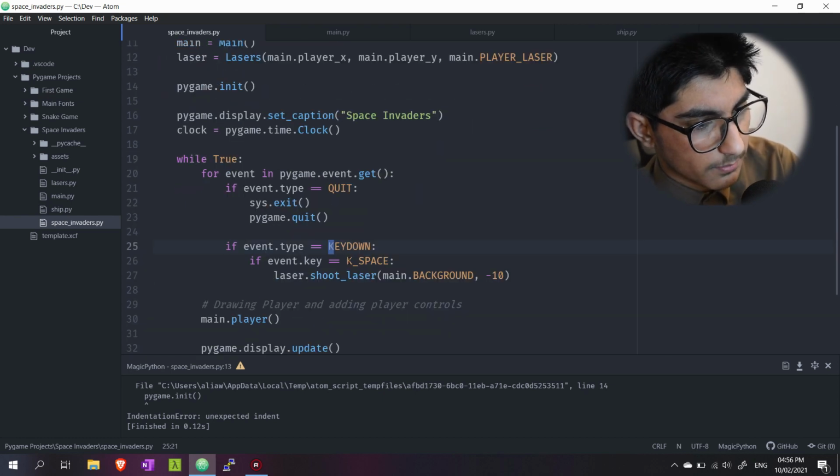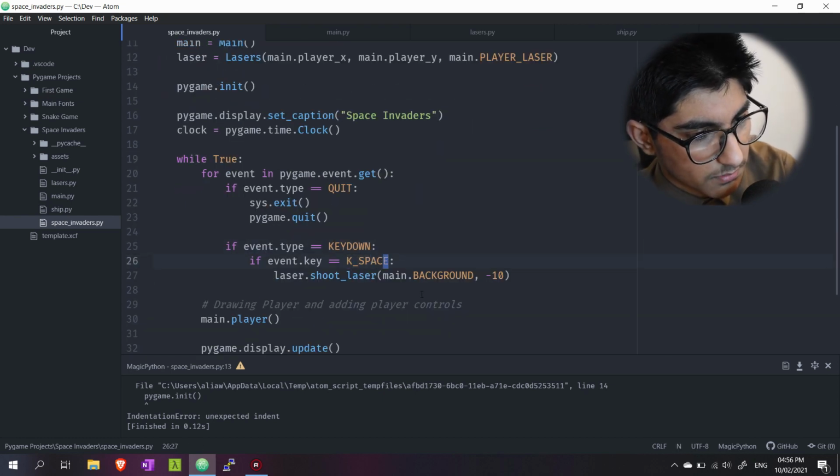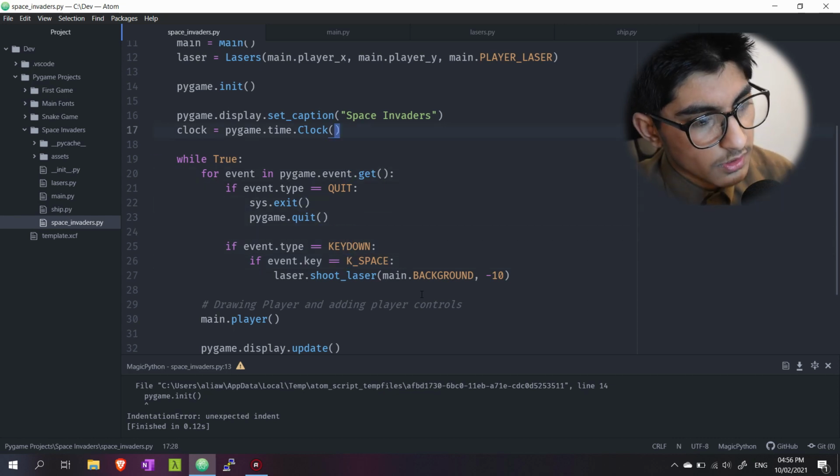And I've set up Magic Python, the syntax color I'm using for this, which also highlights constants. So yeah, I know which one's which. And then